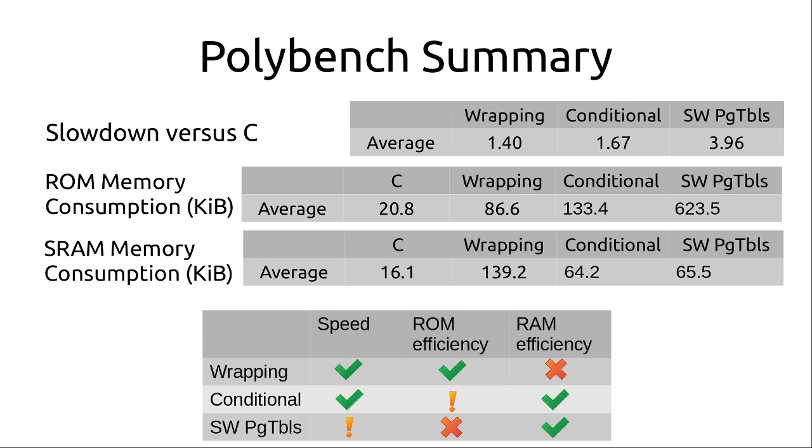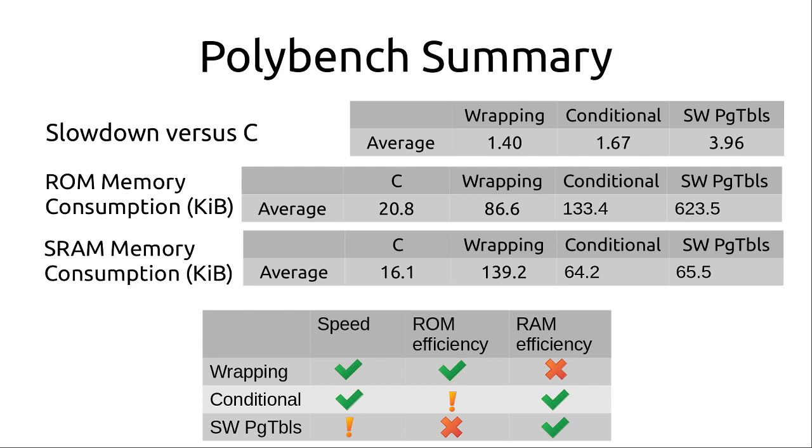If we look at the RAM consumption, the SRAM consumption for linear memory and other structures, we see that C is relatively small, 16.1. This is largely because it can put its read-only memory into flash, whereas Wasm cannot. It has to be in linear memory. So we see that wrapping blows up significantly because it essentially has to round up to the largest power of 2, which in many of these applications is either 128 or 256, whereas conditional and software page tables are significantly